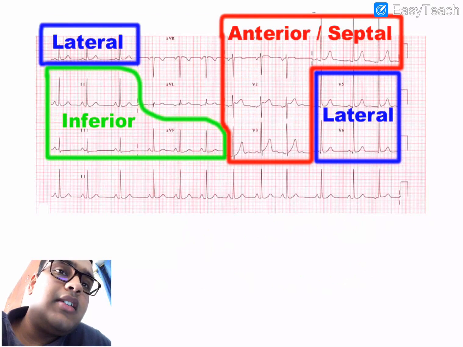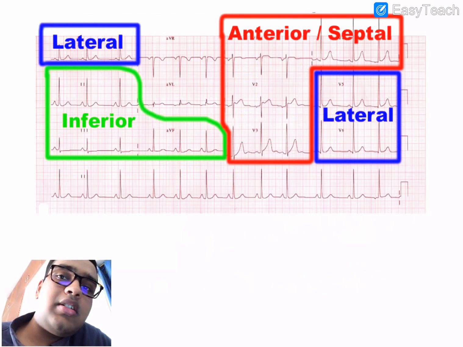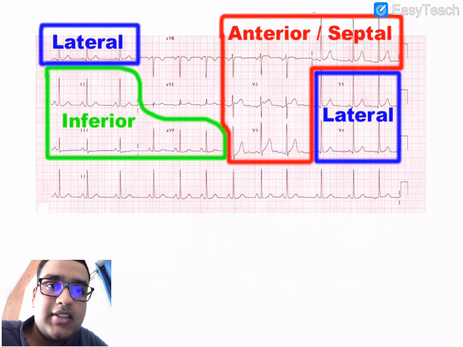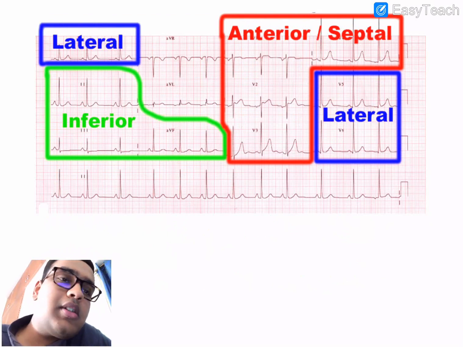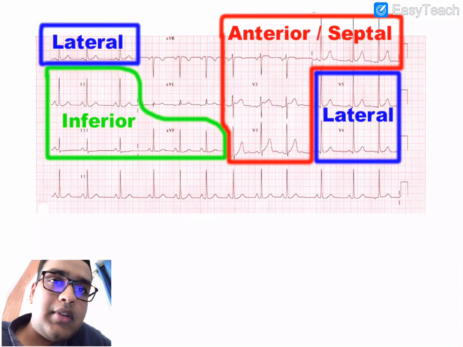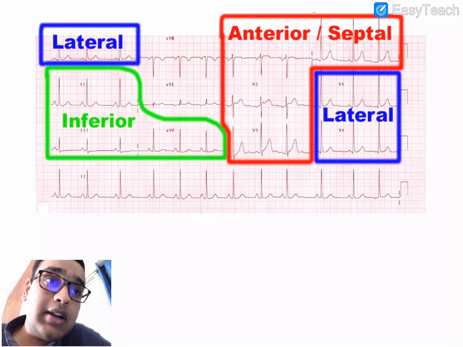So now we'll learn about localization of MI. As you all know, the heart is not a simple structure. There are many coronary arteries: the right, left, the circumflex, the anterior descending, and the marginal arteries. All of these supply a different part of the cardiac muscle. So we should localize which part of the heart is affected because of ischemia, so that we'll know which artery could be blocked